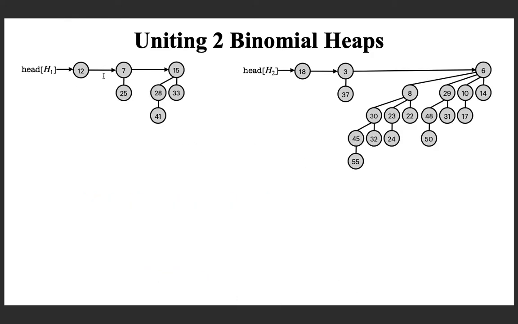Suppose you are given two binomial heaps like this. You can easily verify that each one of these represents a binomial heap. If you look at the degree sequence, in the first heap you have a degree 0 binomial tree, degree 1 binomial tree and degree 2 binomial tree. In the second heap you have 3 binomial trees with degrees 0, 1 and 4,